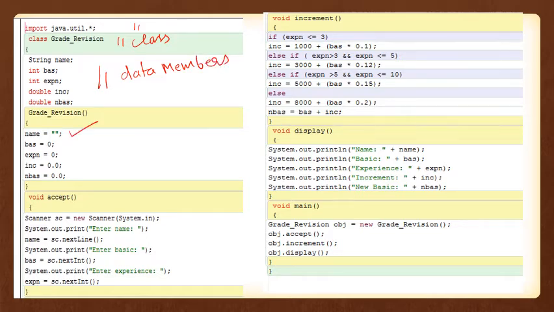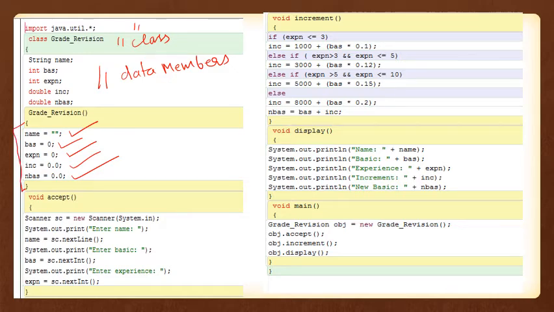Name is a string defined with the default value, basic is an integer, default value is 0, expn is an integer, define 0, increment is a double, 0.0, nbs is a double, so declare it as 0.0. You can declare the double with 0.0d also, both correct. Next, close the definition of the constructor with the closing curly braces.